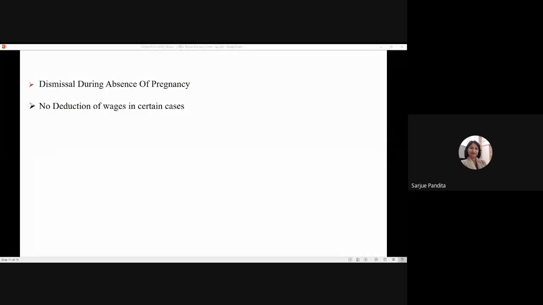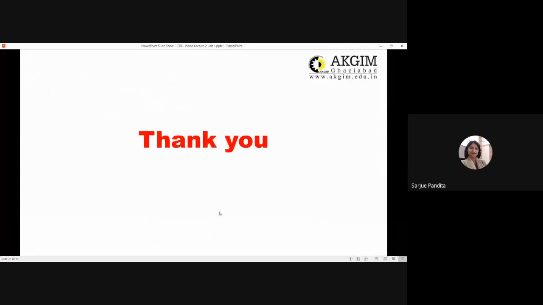Then there would be no deduction from the normal and usual daily wages of a woman who is entitled to maternity benefit under the provisions of this Act, and it shall be made by reason only of the nature of work assigned to her by virtue of the provisions contained in subsection 3 of section 4, or breaks for nursing the child allowed to her under the provision of section 11. So, this was all about the Maternity Benefit Act